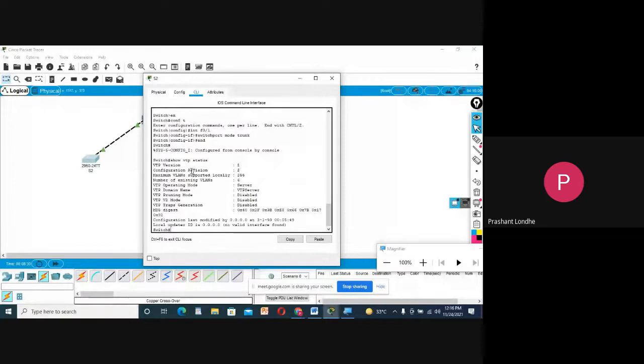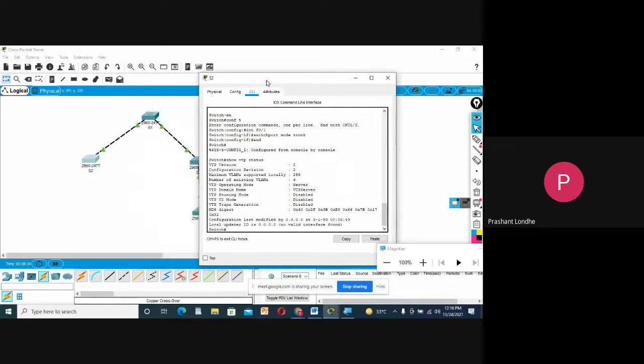Now you can see, as it is a client, it is receiving all the updates. So basically we have done the revision 2 times. We have created one more VLAN in S1, so it is also reflected over here.